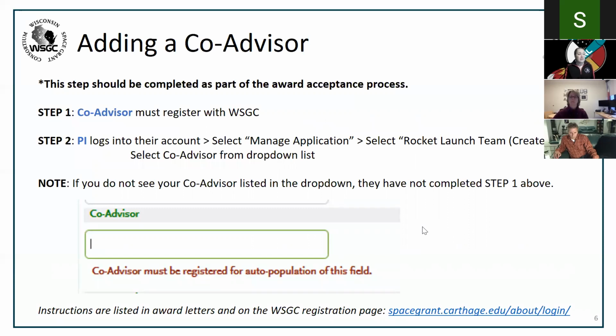So the first step is the co-advisor must register with WSGC. Then once the co-advisor has registered, their name may be selected. The PI will go into their account, select manage application again, and then select Rocket Launch Team, create NOI. There is a co-advisor area, and in that drop-down list, the PI, or faculty advisor, will type